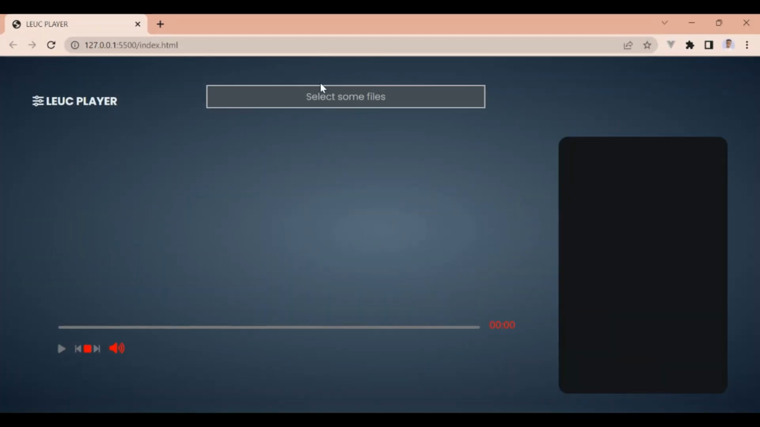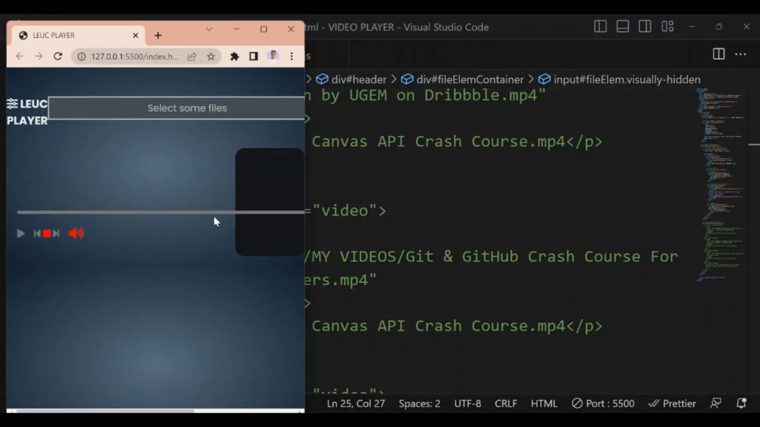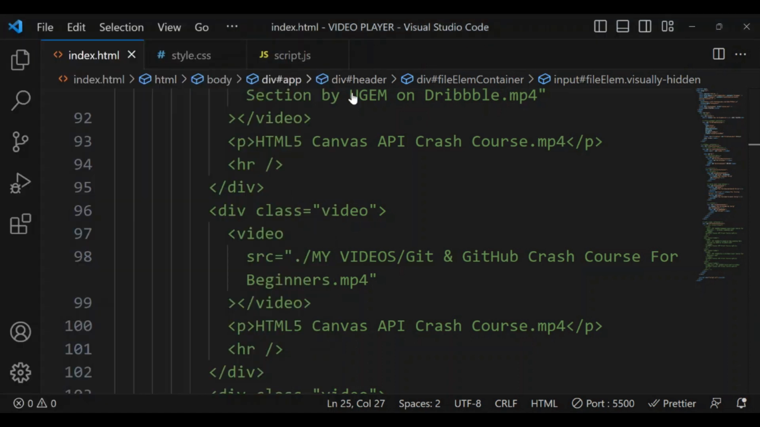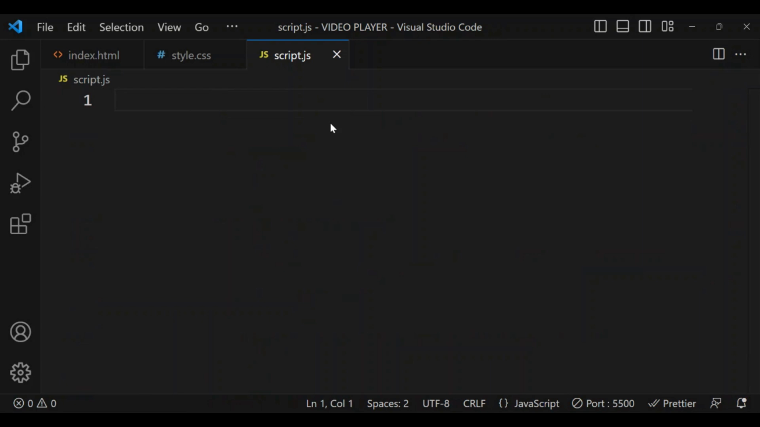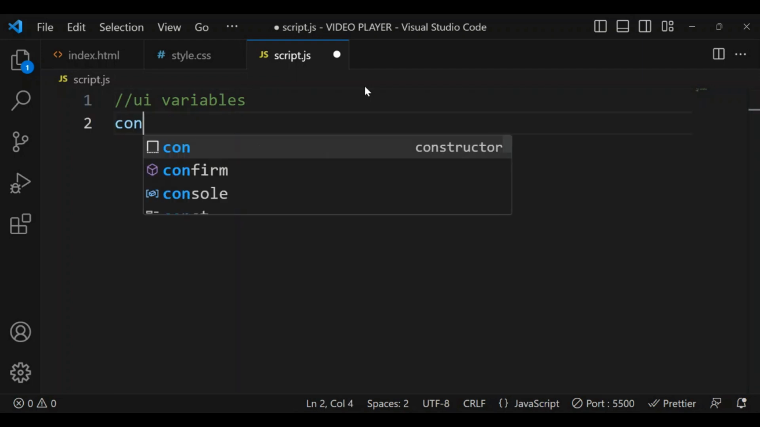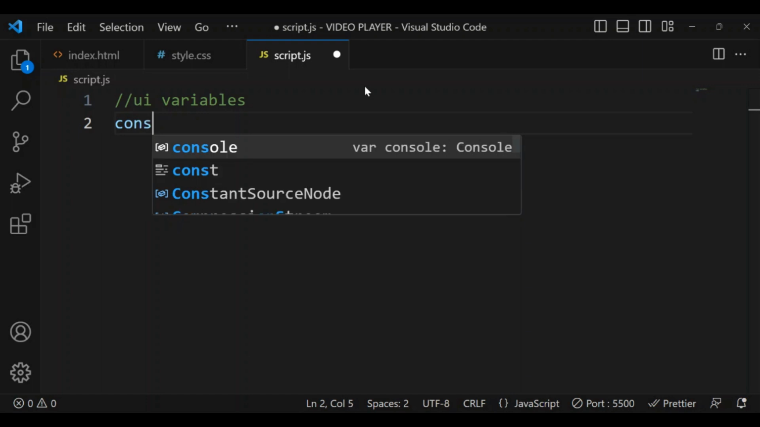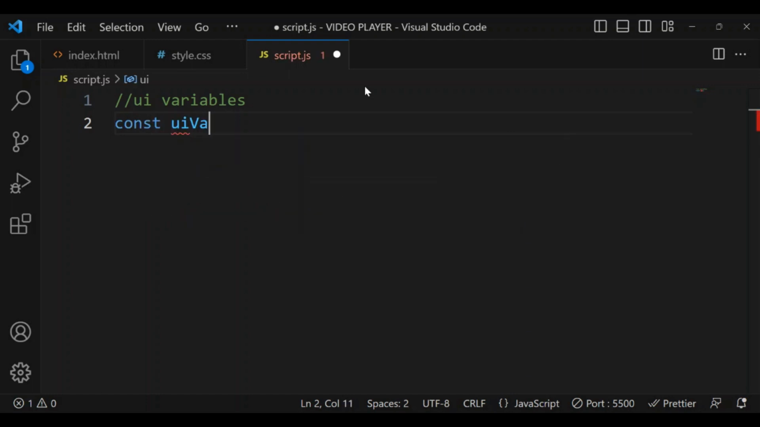So we're going to start typing the JavaScript. So I'm just going to make this smaller for now, and I'm going to minimize it. So I'll come to my script.js, and first I'm going to start by selecting the UI variables. I'm going to say UI variables, and I want things to be a little bit organized. So I'm going to put all my variables in an object. So I'm going to say const UI vars,